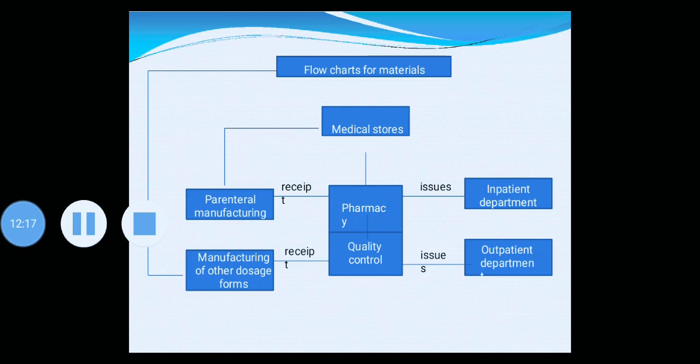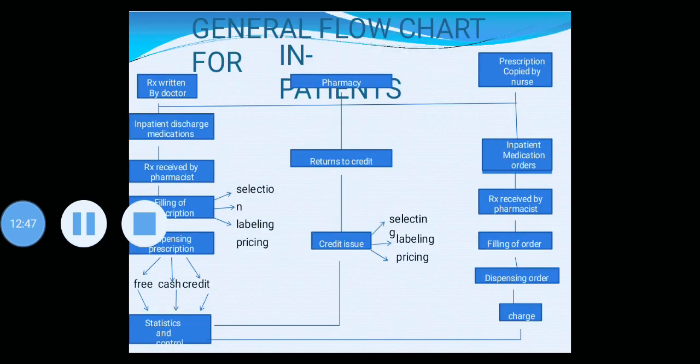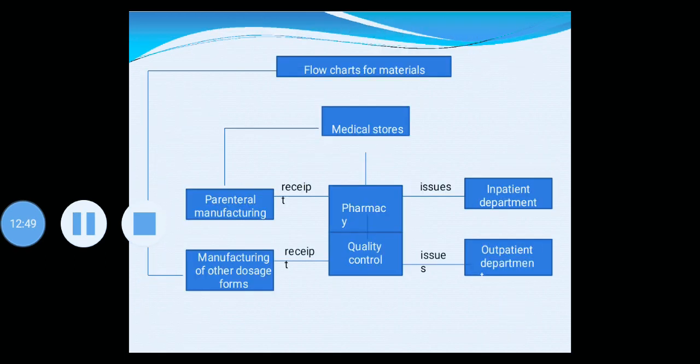These are manufactured in completely aseptic areas, free from microorganisms, because these are largely found in the systemic circulation, directly in the systemic circulation, so the different steps of administration, absorption, distribution, metabolism are skipped. That is parenteral manufacturing. An aseptic area is required for large volume parenterals and small volume parenterals, and the receipt is given to